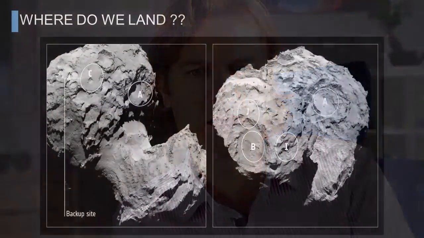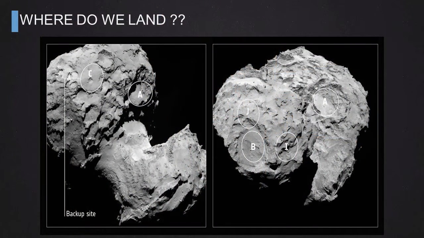For the landing site selection, a strategy was in place to select 5 areas initially and then analyze them in more detail for a final selection down to 2, being a main landing site and a backup landing site. So areas were selected on the head of the comet and on the main body of the comet. And after a lot of consideration, the landing site J was selected as the main landing site and C as